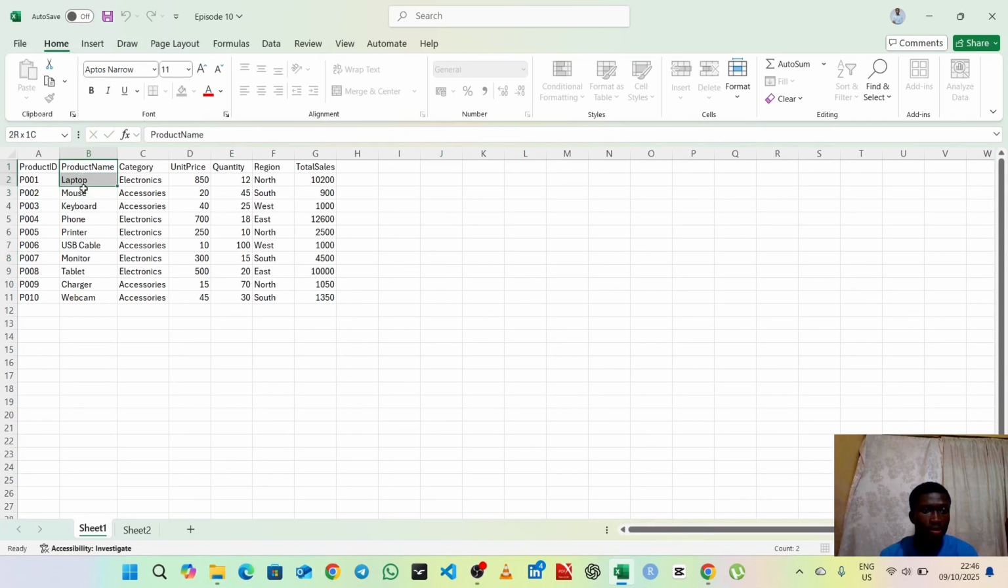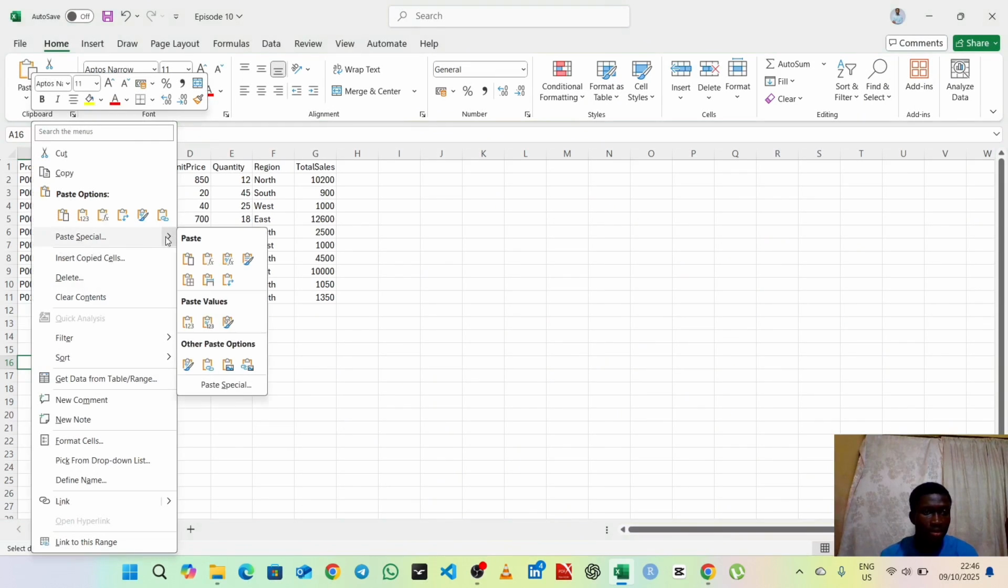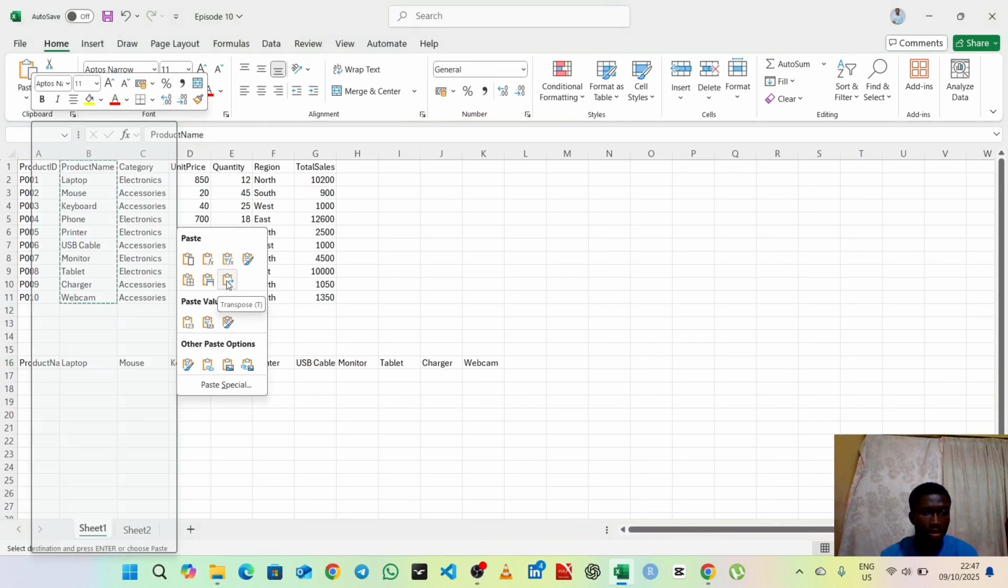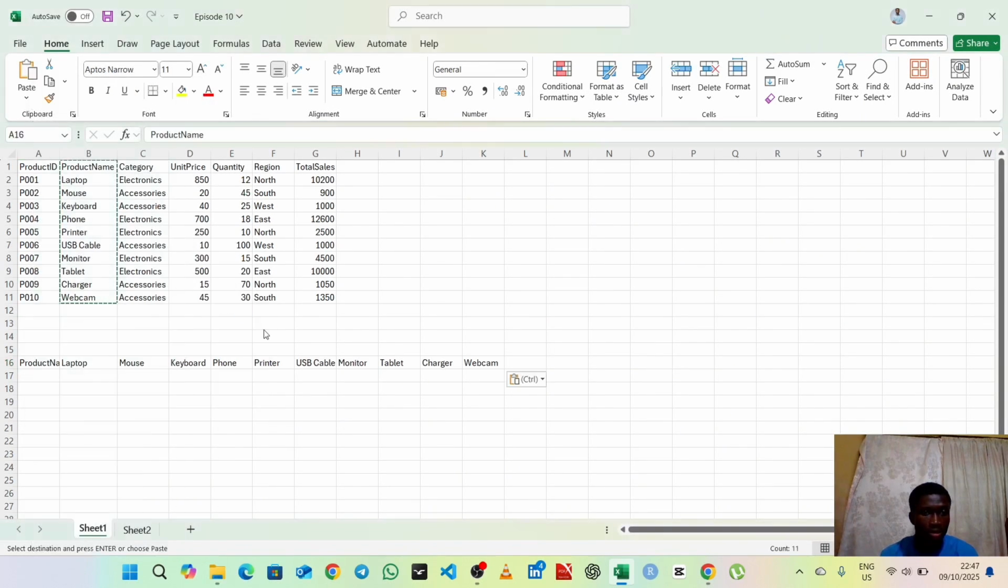Let's copy this column, copy, and we are going to paste, but this time around with a special pasting, and we choose the transpose. So now we have this here,